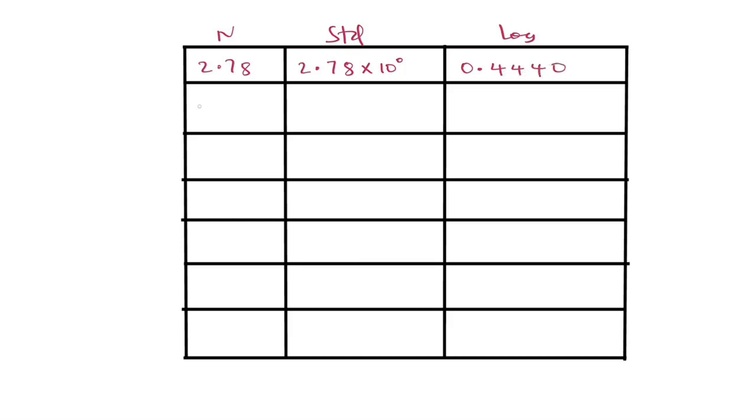Our next number is 3.604. Writing this in standard form, this becomes 3.604 times 10 power 0. Reading 3.604 from the logarithm table, its logarithm is